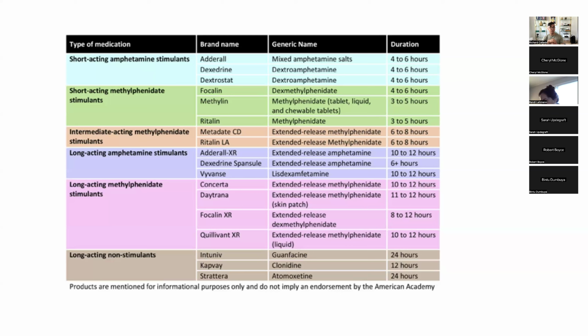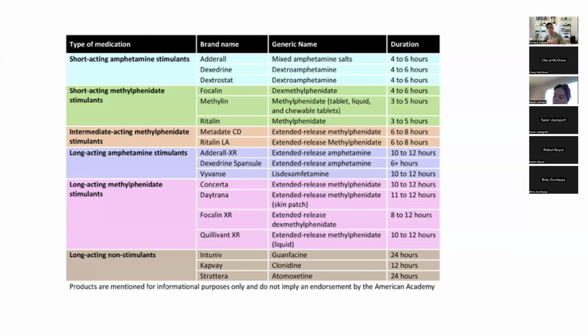So there's different formulations. For my practice, I try to keep it simple. When you start practicing, I would recommend knowing one immediate release version of an amphetamine solution, whether it's dextroamphetamine or mixed amphetamine salts, immediate release, which can work between 4 to 6 hours. Know a long-acting version, whether it's Adderall XR, which is still mixed amphetamine salts but extended release, or Vyvanse, which